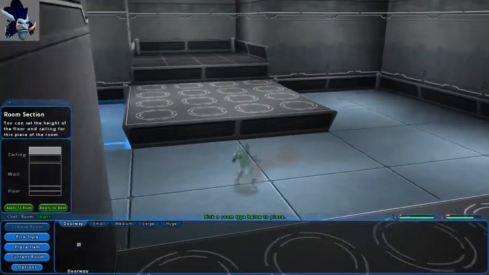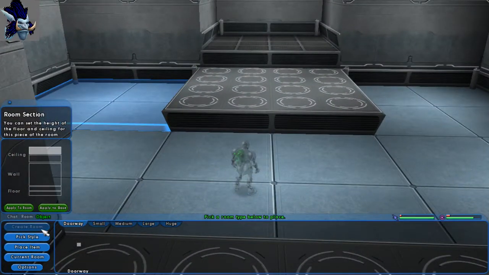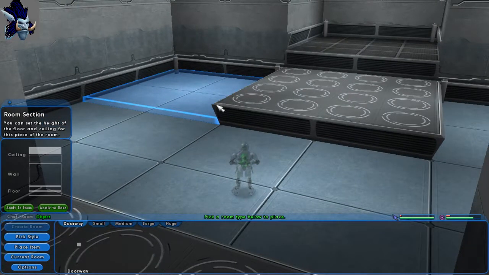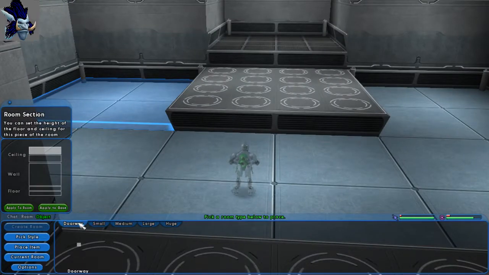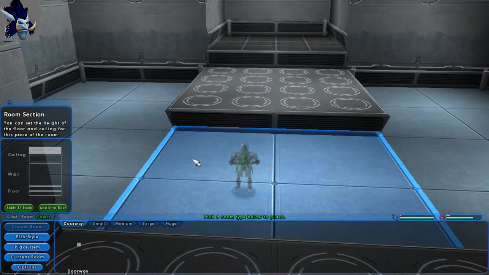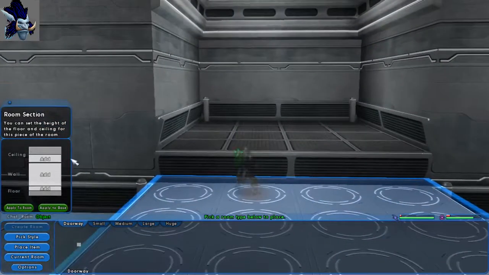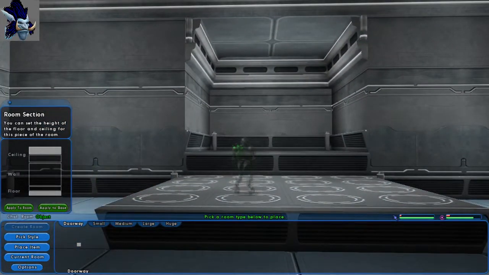But for our purposes, I think the easiest way to mess with that, once you get comfortable with left clicking and dragging, you can do this quickly. But I think probably the easiest way to do it is to go to the create room and object, and then select the panel that you want to edit, and edit it visually this way. Alright, well,